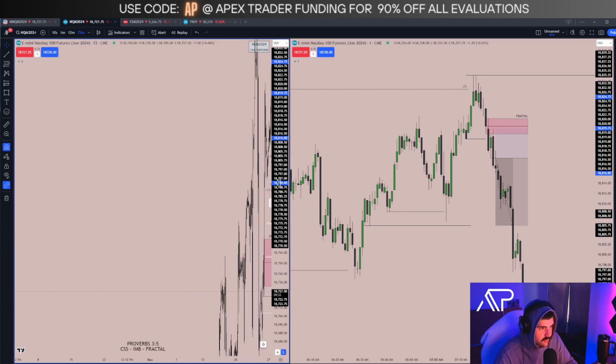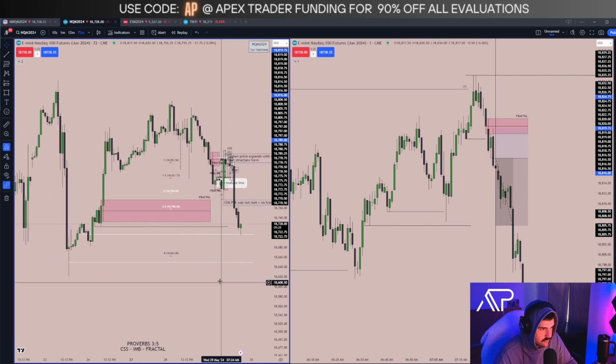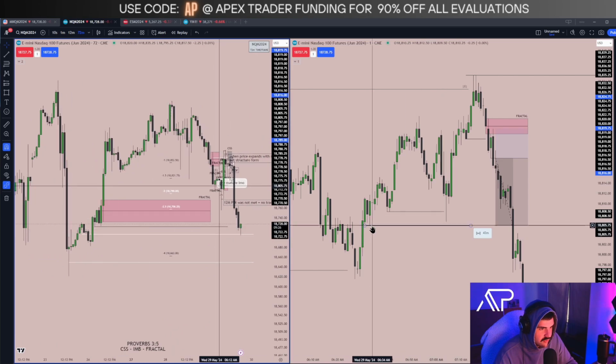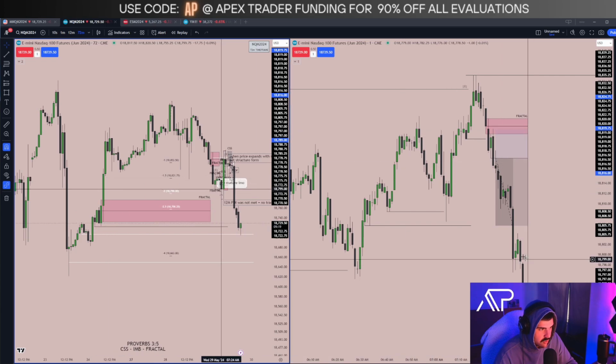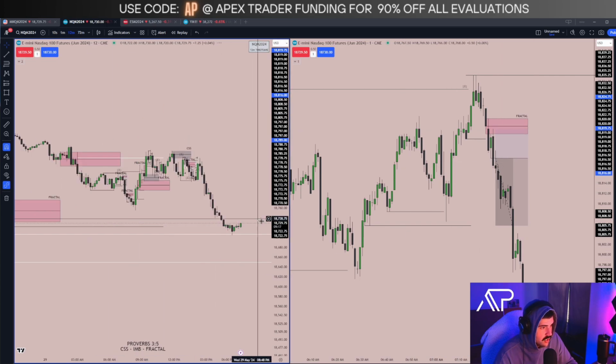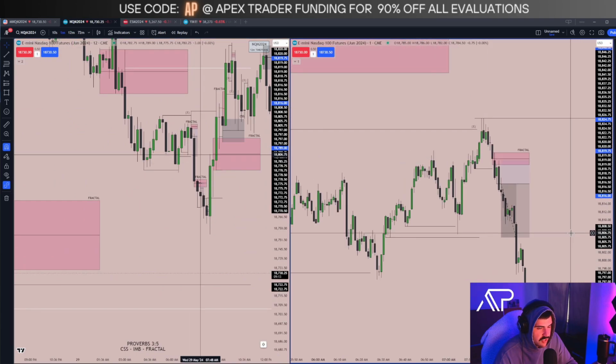I want to zoom out a little bit real quick, right over here. Tell me this is not identical to this. Imbalance, equal lows. Put a relative equal low. Run it back, right? So getting back into that right here, knowing that these are going to be easy targets